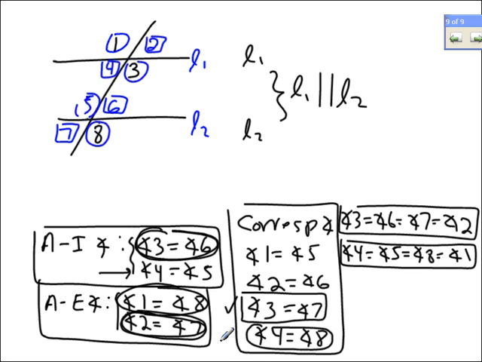Okay, now, one last comment. That angle is 180 degrees. That is, angle 1 plus angle 2 add up to 180. That is, they are supplementary. They add up to 180. So not only are these 4 angles equal, and not only are these 4 angles equal, but if you take one from the top and one from the bottom, they'll add up to 180. Angle 7 and angle 4, they add up to 180. The reason is